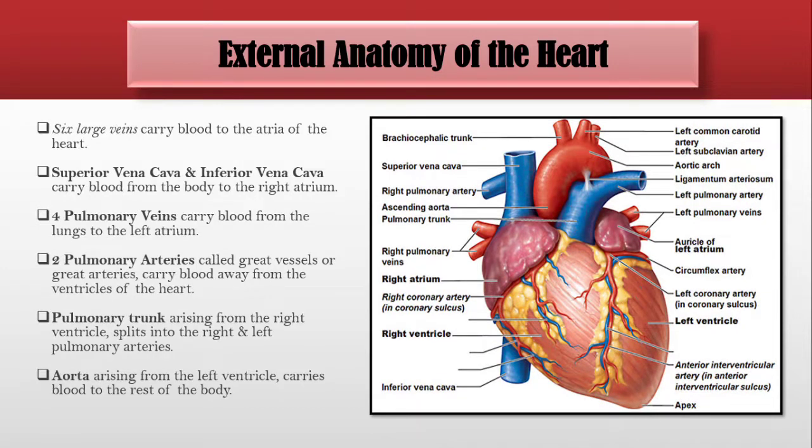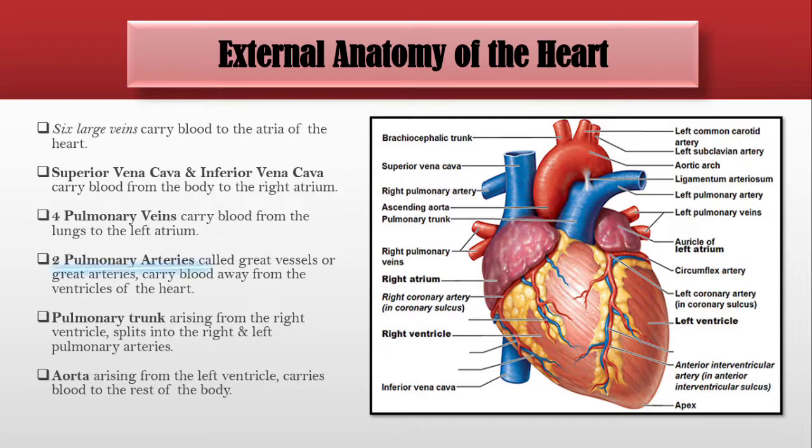Next, meron tayong 6 na large veins that carry blood to the atria of the heart. We have the superior vena cava and the inferior vena cava that carry blood from the body to the right atrium. We also have the 4 pulmonary veins that carry blood from the lungs to the left atrium,